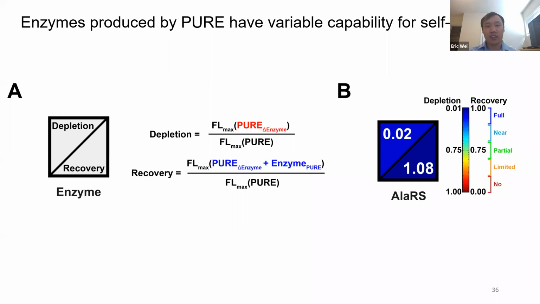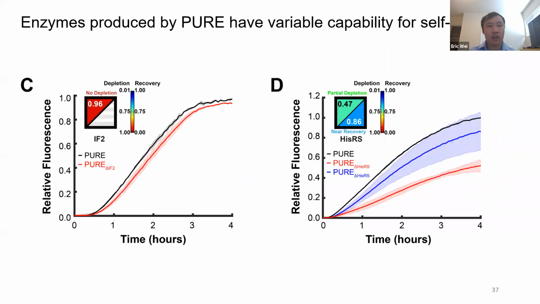So basically, the easy way of reading the readout would be: blue means that the depletion assay is working and the recovery assay is working. So that's the most ideal. While the more red means it's not working, and more green means that it may be working. So to give other examples, for example, IF2, we saw that when we dropped it out from the PURE kit provided by NEB,